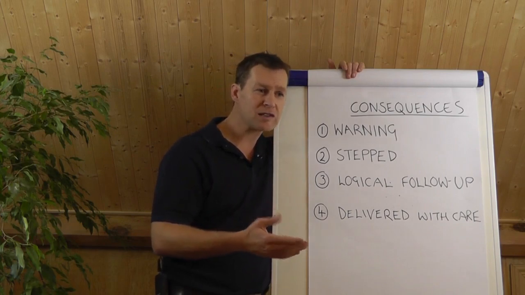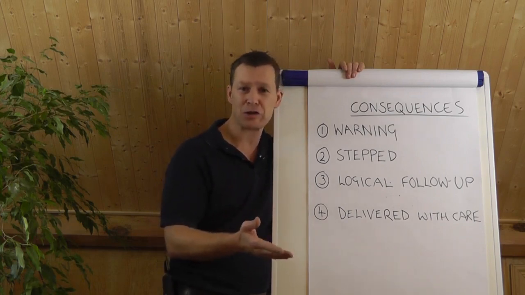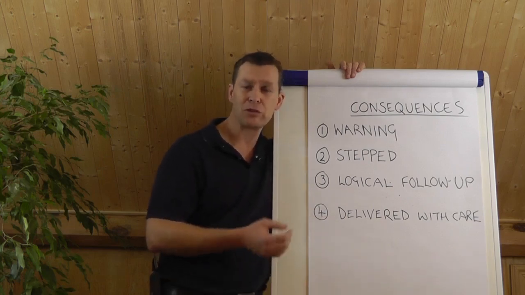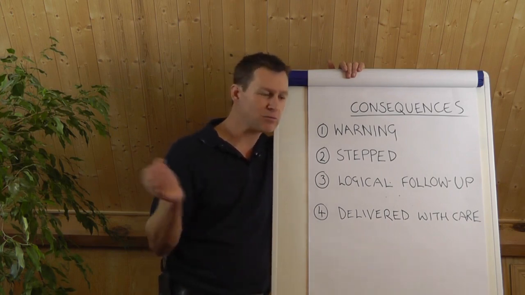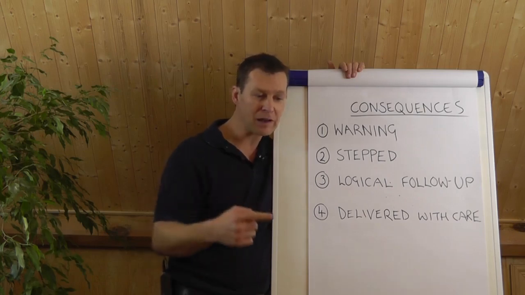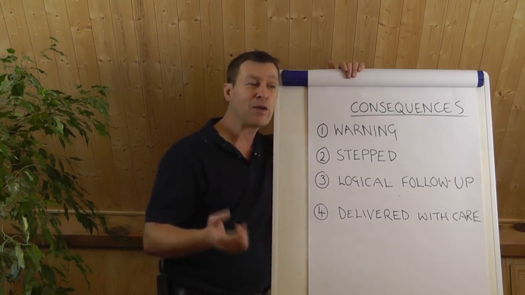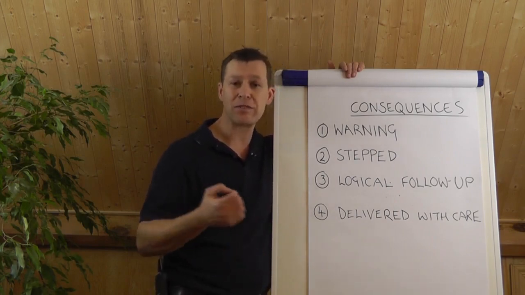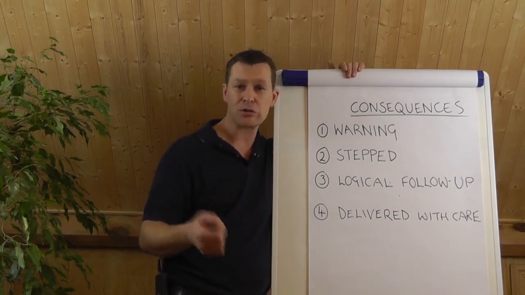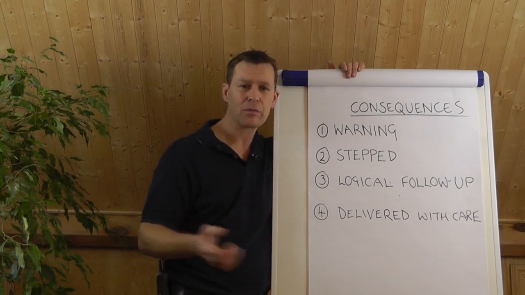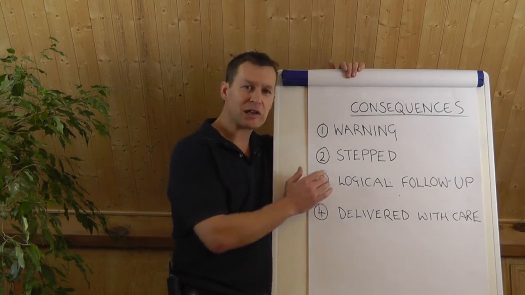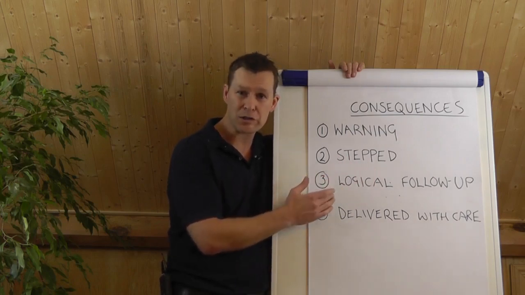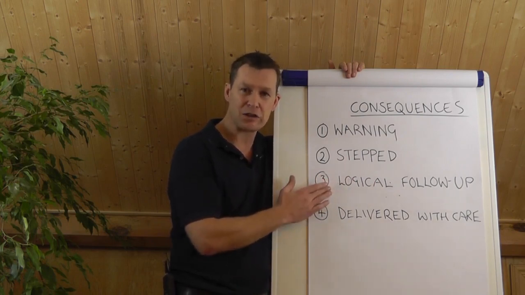If they're swinging around on chairs, then the logical follow-up would be to limit the amount of time they spend on a chair. You might want to get them standing up, take the chair away and say, when you can behave properly, you can have your chair back. Perhaps you wouldn't want to be quite that extreme. If they're drawing on the desks, the logical follow-up would be to come back and spend some time cleaning the desks. If they're wasting lesson time and they're constantly talking, the logical follow-up would be to take some of their time. So that's when they'd be coming back to work during break times, lunch times, or even after school. If the consequence logically follows up the behaviour it's targeting, there's less chance that the students will see it as being an unfair punishment. So we're steering clear of being the punitive teacher.